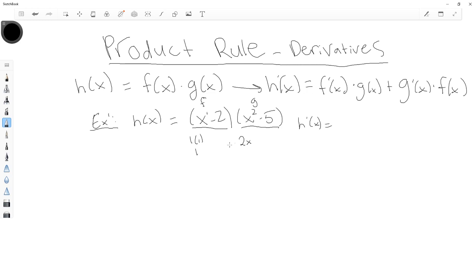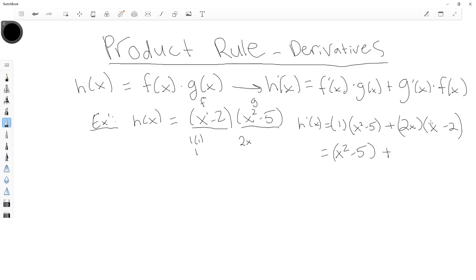First we have the derivative of f, which was 1, times g, which was x squared minus 5. And then we add that to the derivative of g, which was 2x. And then we multiply that by f of x, which was just x minus 2. Then we can simplify that down. This will just be x squared minus 5